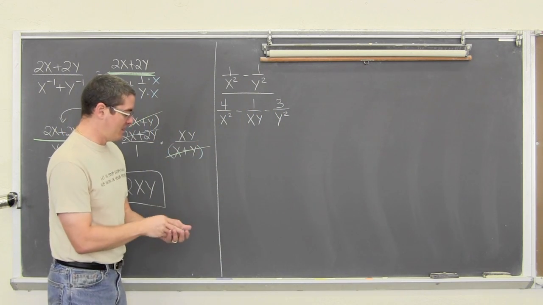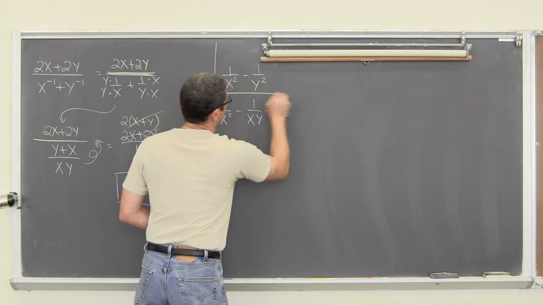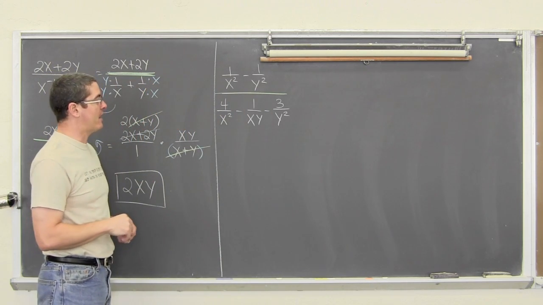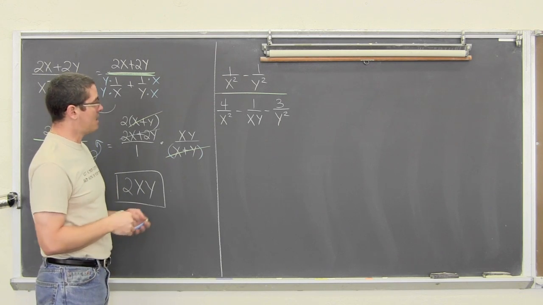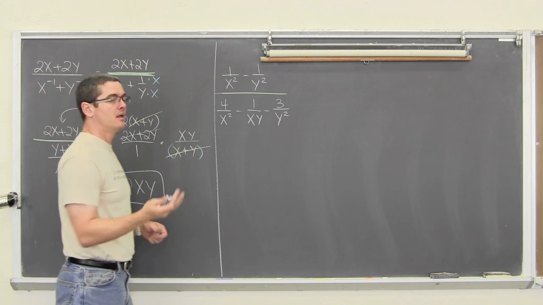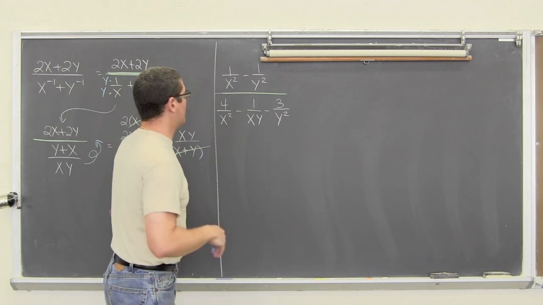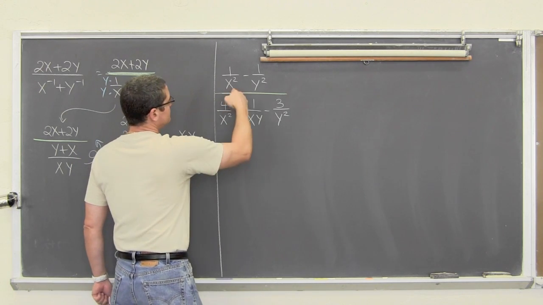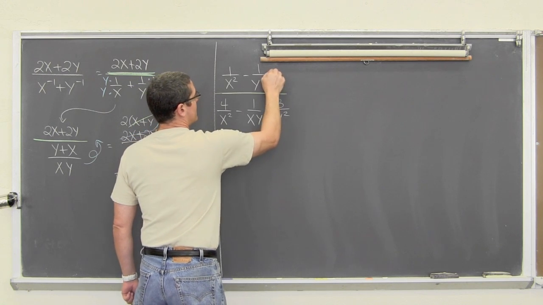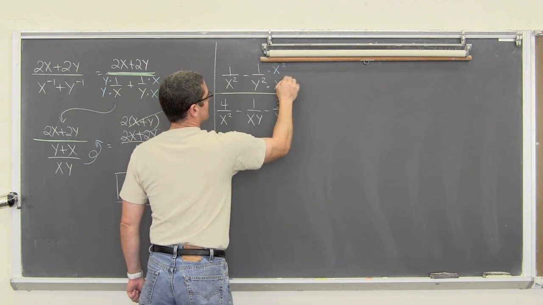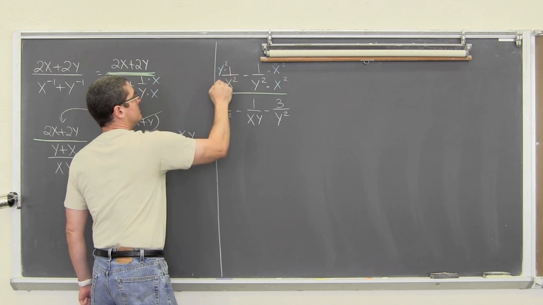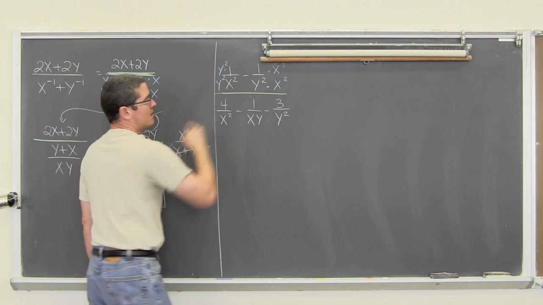Here we have, again, ever increasing complexity, so we have a little bit harder problem here. We have 2 fractions in the numerator and 3 fractions in the denominator. We need those common denominators, because again I want 1 fraction on top, 1 on the bottom, and then we're going to multiply by that reciprocal. So we have x squared and y squared, so we're going to multiply this by x squared in the numerator and denominator. We're going to multiply the first one by y squared, to get that common denominator.